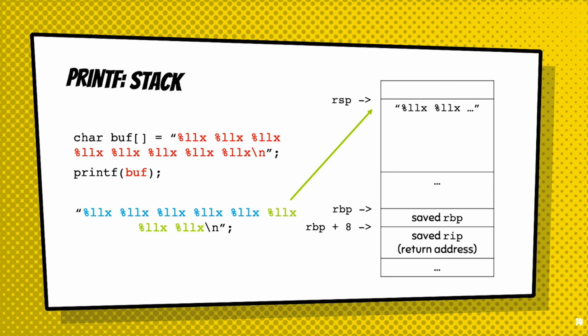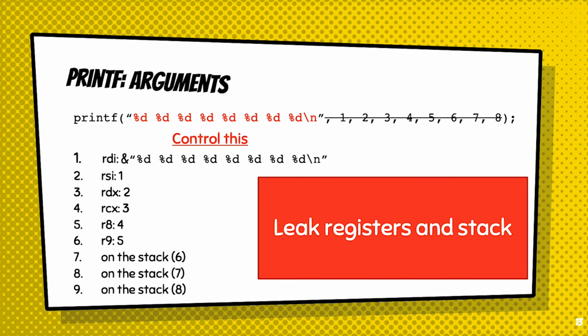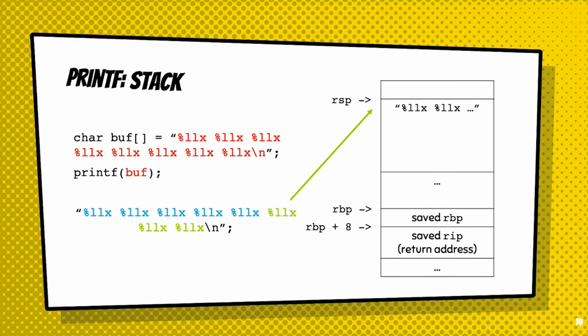And now let's take a look at the stack. Since we know at this point that if we control the format string, we'll be able to get stack information, let's see what will happen if we have a buffer over here. Let's say that this buffer is controlled by input. So this buffer is going to read from input. It is user controllable, or say attacker controllable. And then we're going to